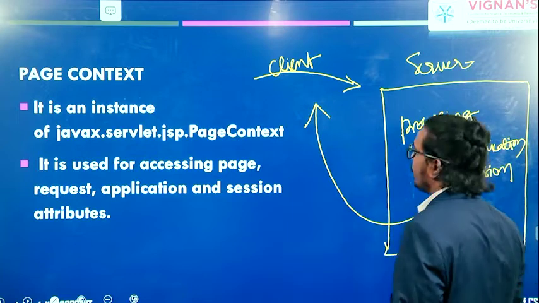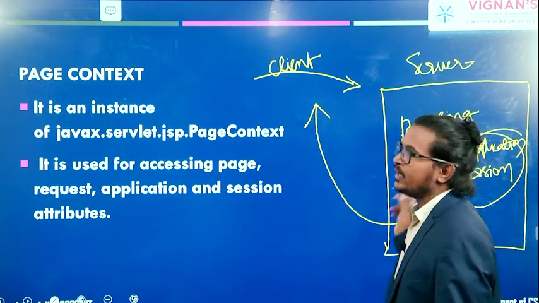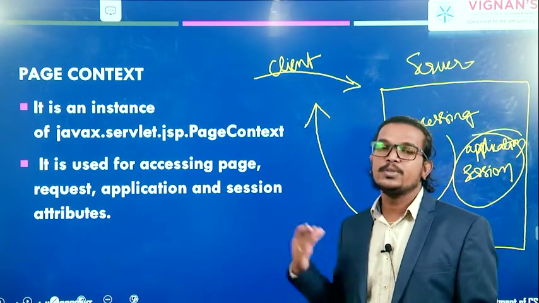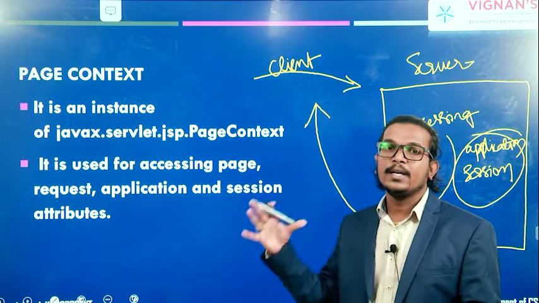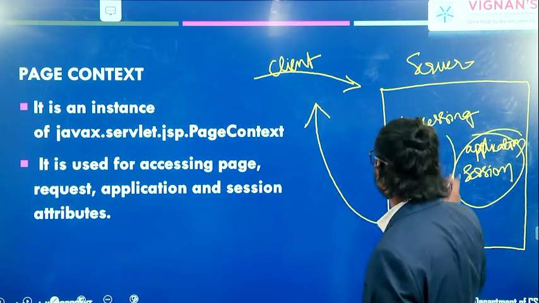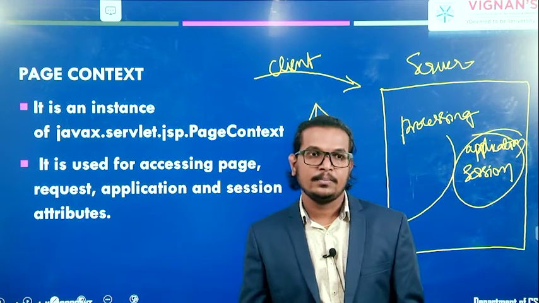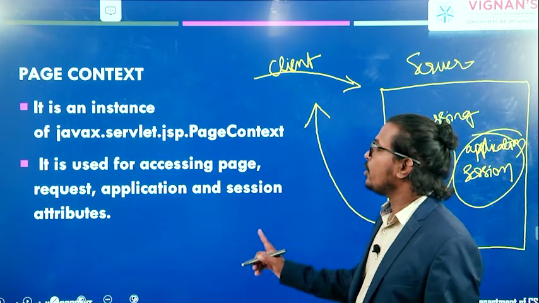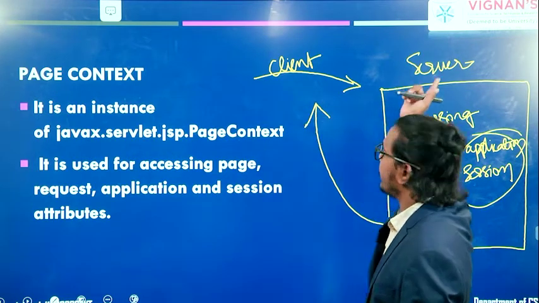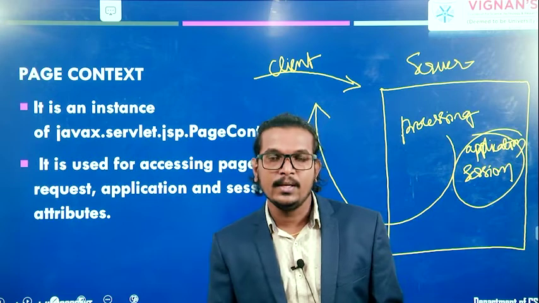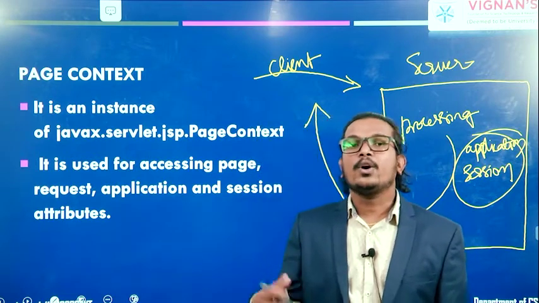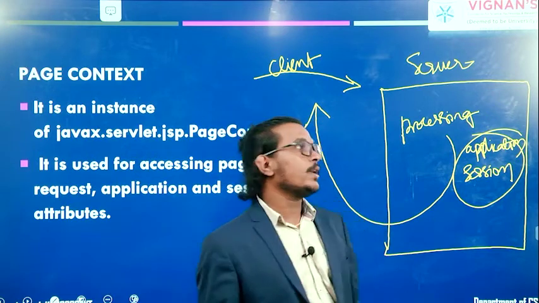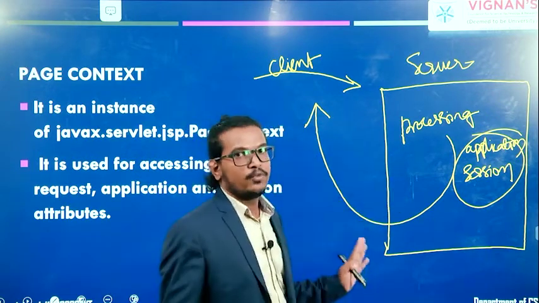It will use the session object, and with the help of these methods, it will retrieve the attributes and construct the information, or construct the response, and forward that particular response back to the client machine. Clear? And one more thing you have to remember: whenever you are sending one request to the server machine, one context object will be created in that server machine. In that context object, we have all this information.